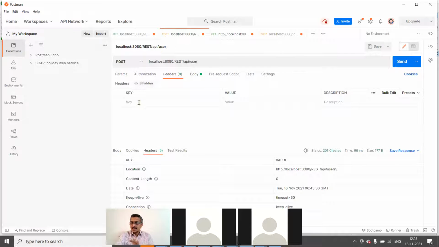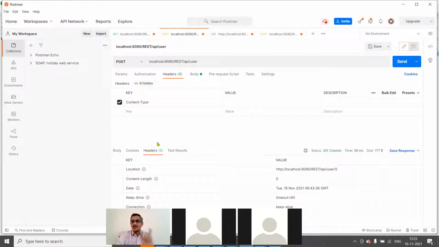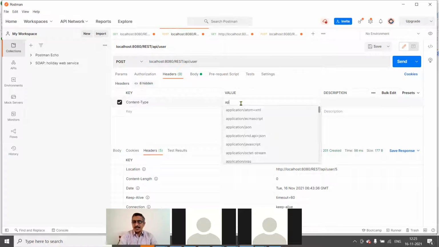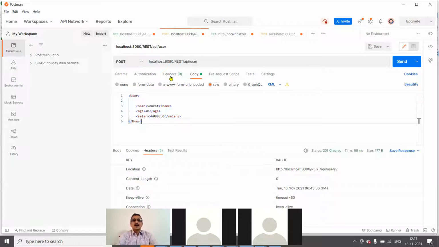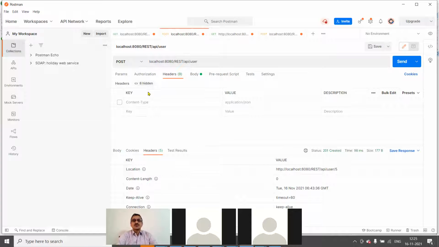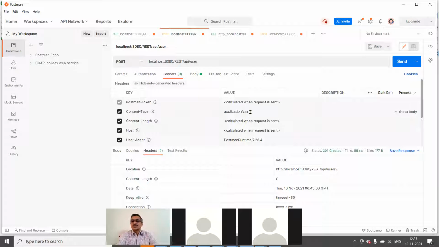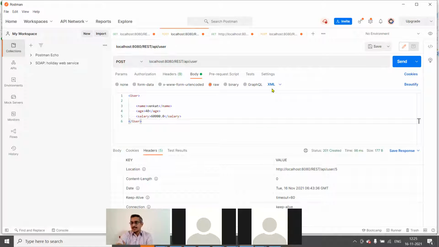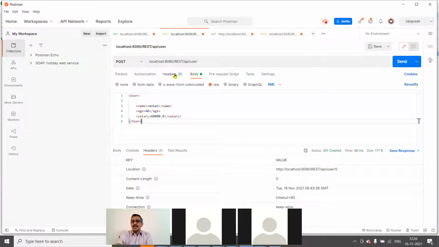Then in the header, there is one header called content type. The default is once again application/JSON, but we have selected XML here automatically. Even if you have not given it, it is hidden; if I open the hidden ones, you see there is a content type XML, right? Because this is provided by Postman. Otherwise, you need to manually type here. We have to give the header content type XML, right? So the content type header.